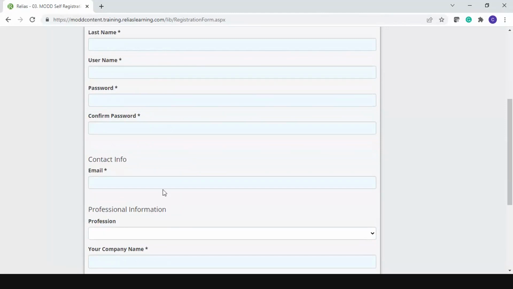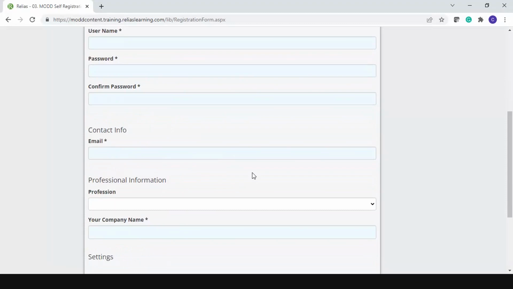We do also require that you enter an email address. The reason being that, honestly, we've noticed over time that quite a lot of you will come into the content portal and not remember that you already have an account. And instead of resetting your password using your email, a lot of folks have come in and created duplicate accounts. It's not the end of the world, but it does make it a lot more difficult to make sure that all of your transcripts and completions are hosted on one account.